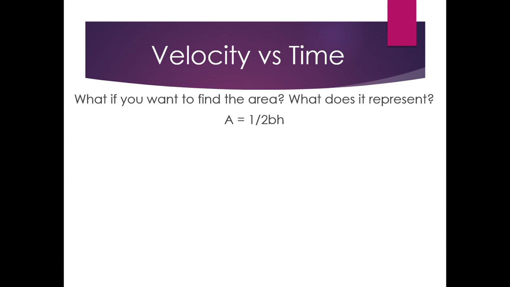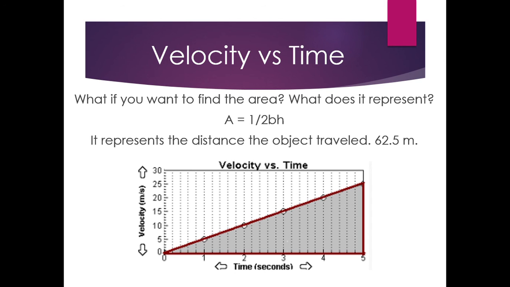In order to find the area of a triangle, the formula corresponds to 1 divided by 2 multiplied by the base and multiplied by the height of the triangle. Basically, the area of the triangle that you have in your graphic represents the distance that the object has traveled. So in this case, the total distance that the object traveled in this specific graphic was